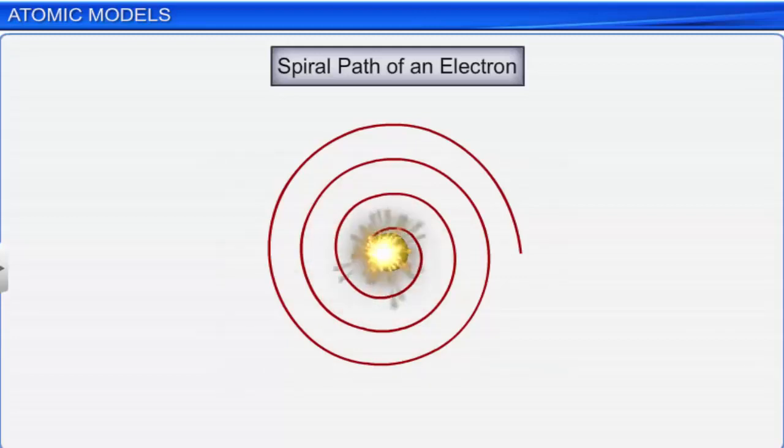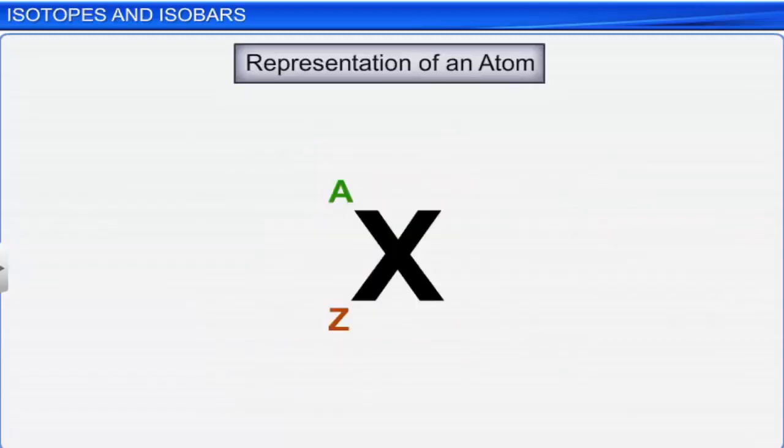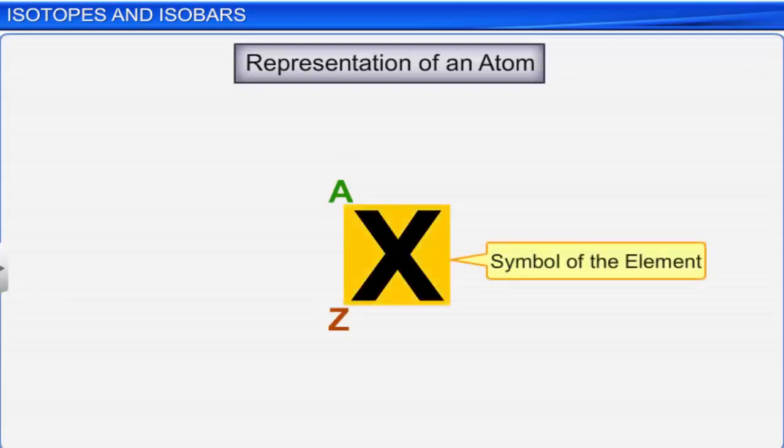The composition of an atom can be represented symbolically as ZXA, as shown here. The symbol X represents the symbol of the element. The superscript A on the left-hand side of X